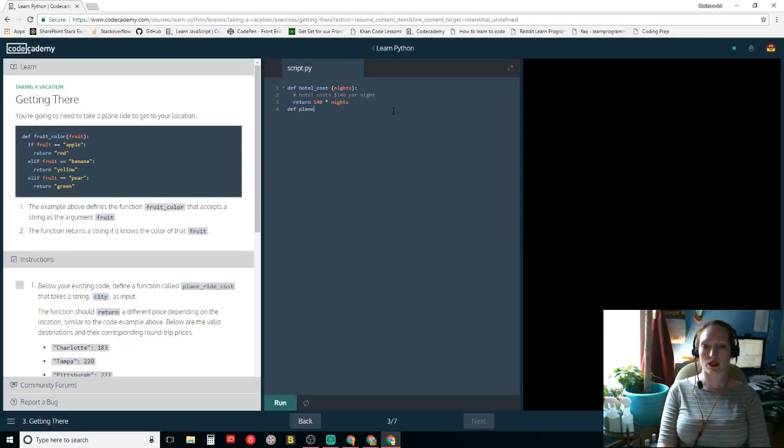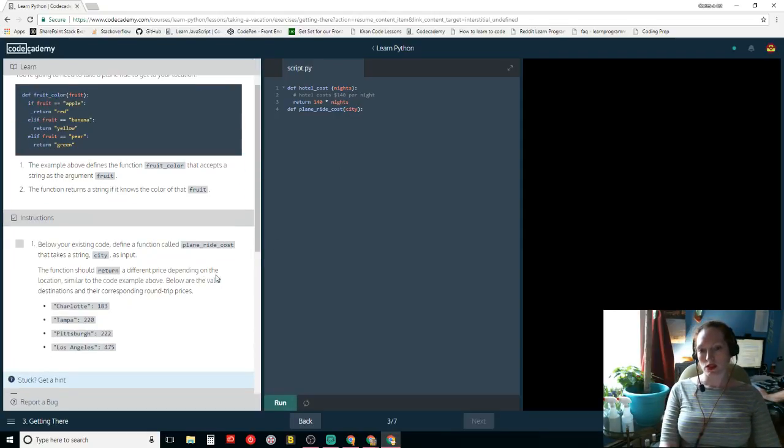Define plane ride cost. Takes a string city as its input. The function should return a different price depending on the location.